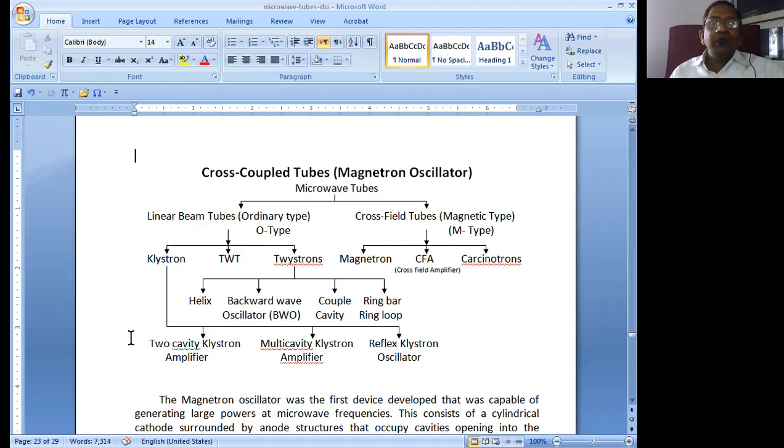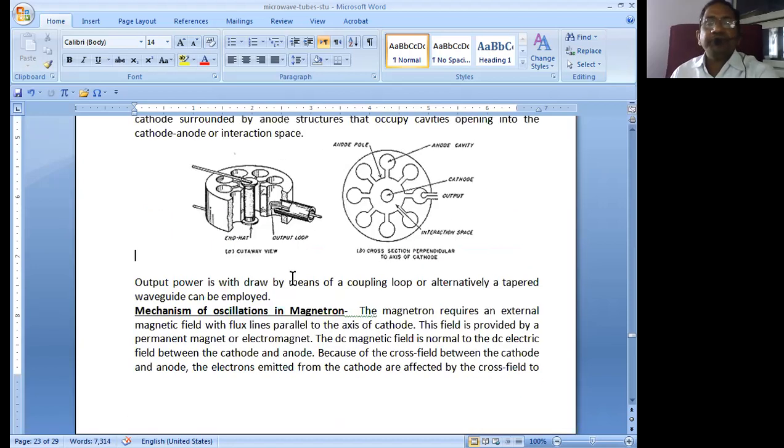So here we discussed all these various oscillators. Now in today's session, we'll discuss the TWT, the traveling wave tube, which comes under the slow wave structures and is normally formed by using a helix. We have the helix in the syllabus, so we will discuss this helix TWT type of tube. Before we go for that, there are some concepts underlying the magnetron. Let us discuss those small concepts before we move on to the traveling wave tubes, which come under the linear beam type of tubes.